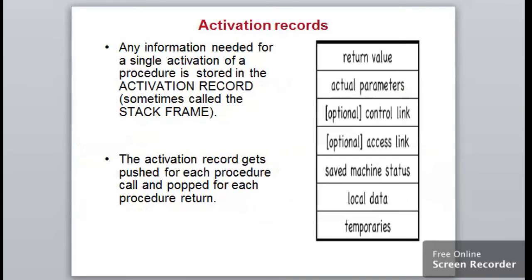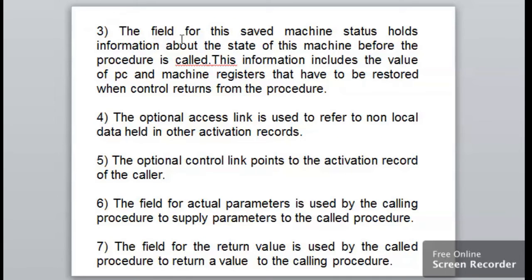If I repeat, the saved machine status holds the state of the machine before the procedure is called, and once the control returns, it is used to restore the previous program counter and machine register values.